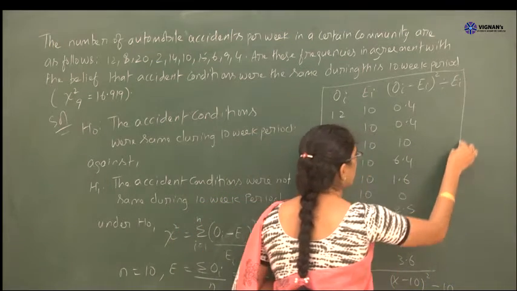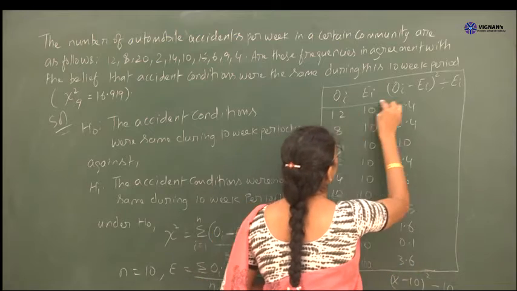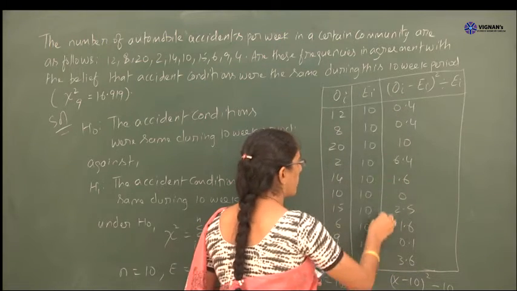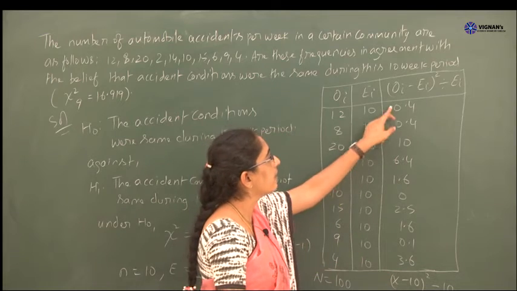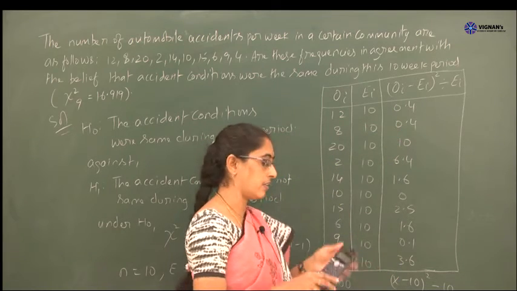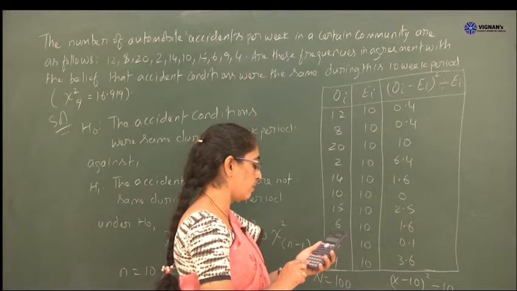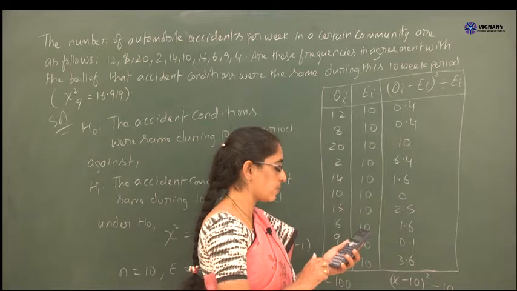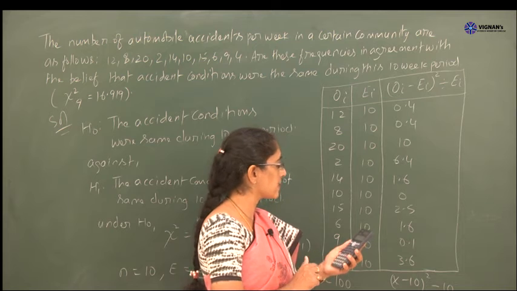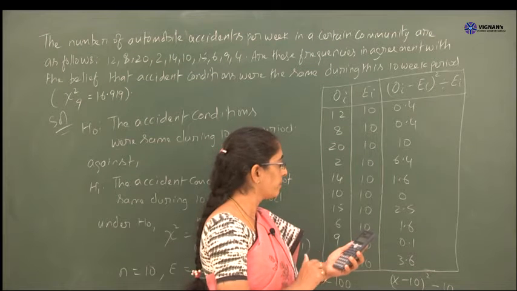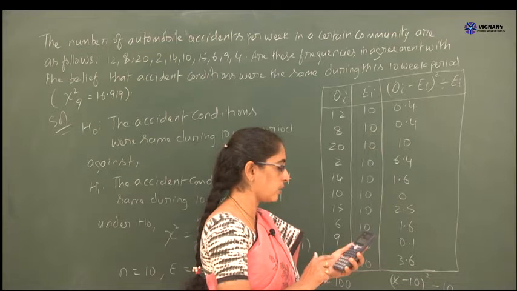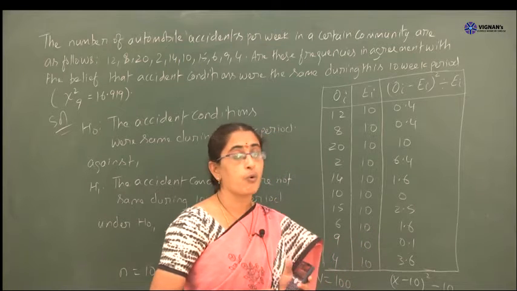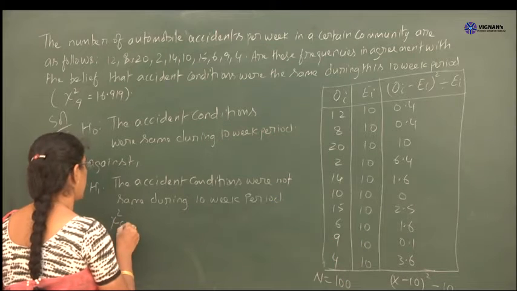So this is a tabular form for the given data. Now we have to make a sum of all these values here. So that is equal to 0.4 plus 0.4 plus 10 plus 6.4 plus 1.6 plus 2.5 plus 1.6 plus 0.1 plus 3.6, which is equal to 26.6. Chi-square calculated is here